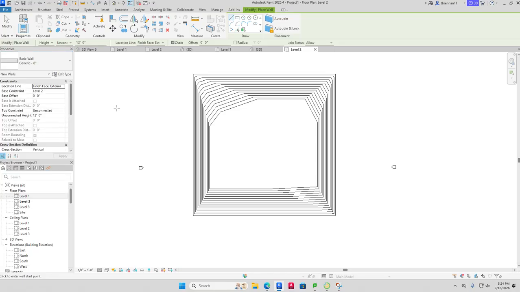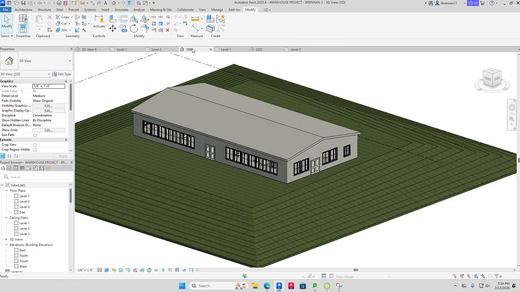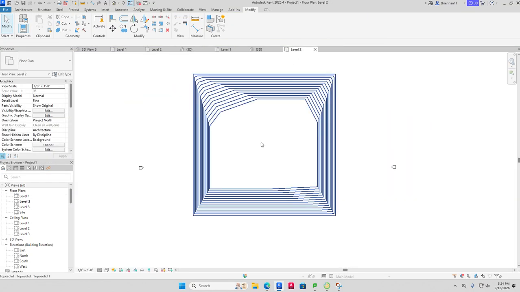All right, so we got that. Now at this point, notice that it's going from level 2, and this one needs to go up to level 3. The top constraint is going to go to level 3. So that's going to make a look right here, over here. So we'll do that. So I've got this, and now that I have that in place,